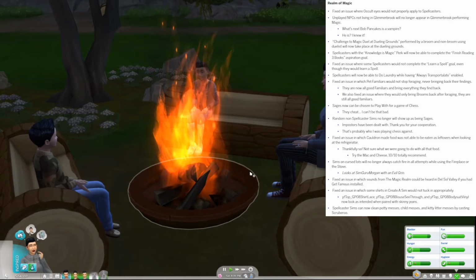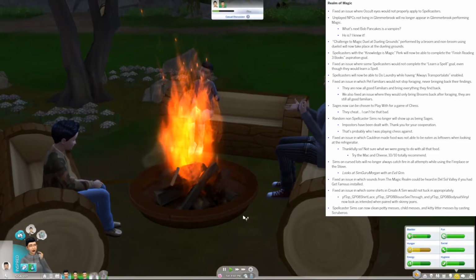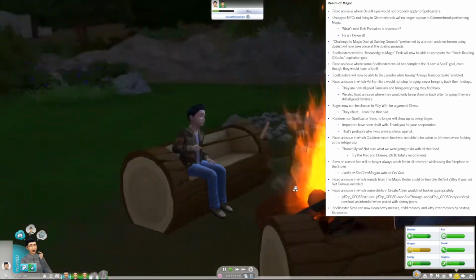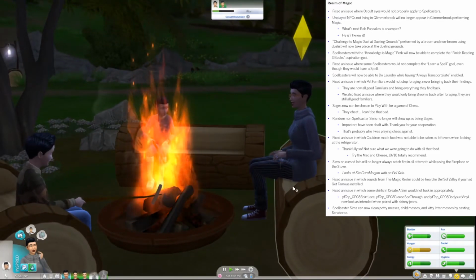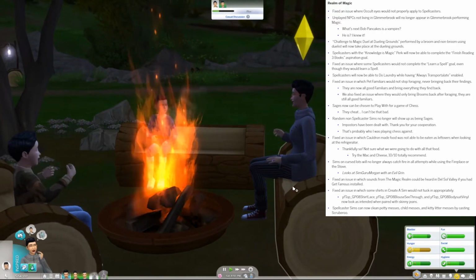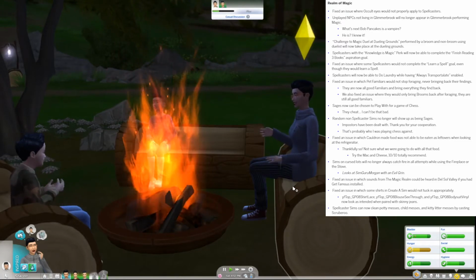Fix an issue where occult eyes would not properly apply to spellcasters. Unplayed NPCs not living in Glimmerbrook will no longer appear in Glimmerbrook performing magic. Challenge to magic duel at dueling grounds, performed by a broom and non-broom using duelist, will now take place at the dueling grounds. Spellcasters with the Knowledge is Magic perk will now be able to complete the Finish Reading 3